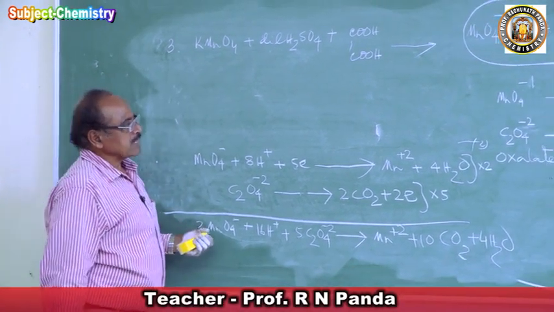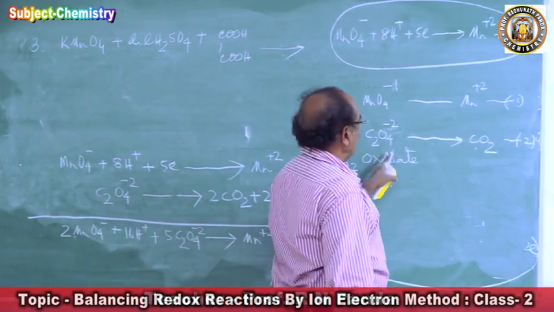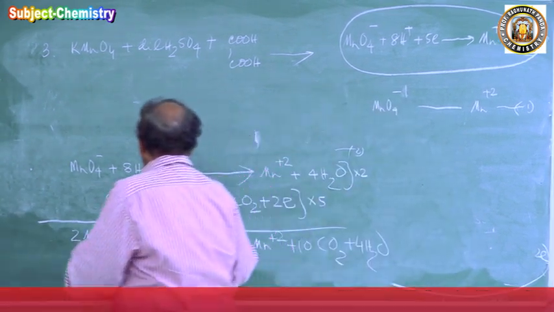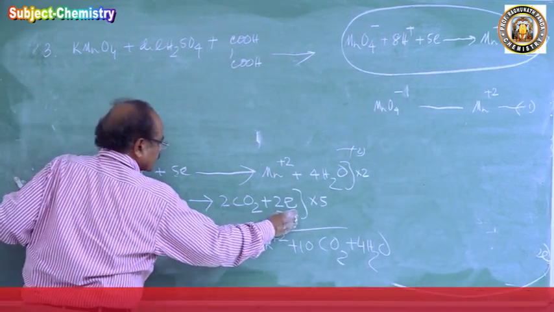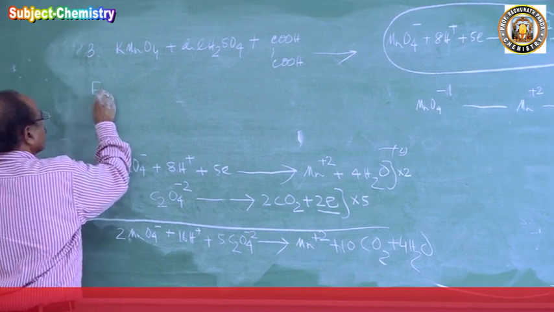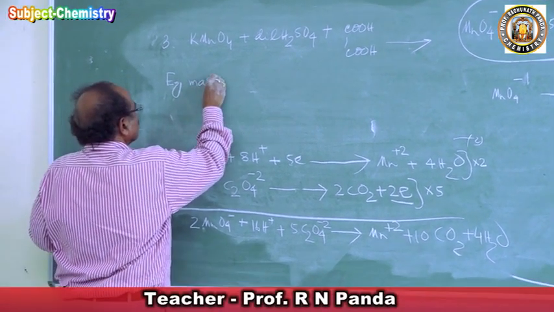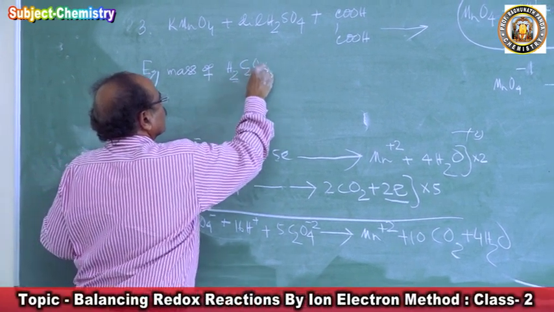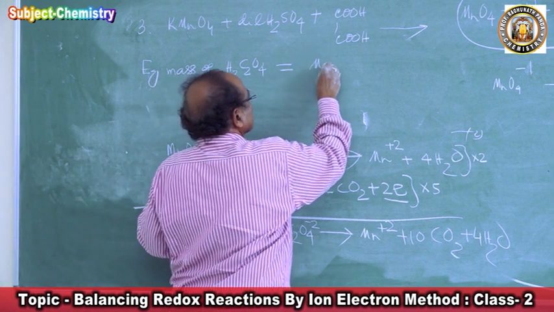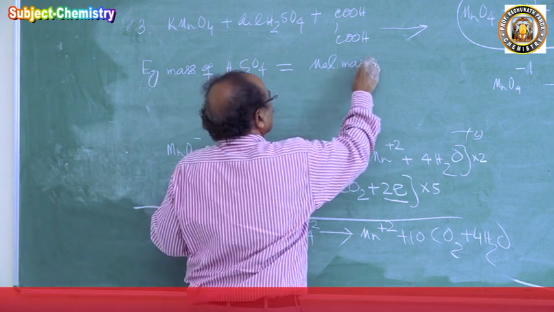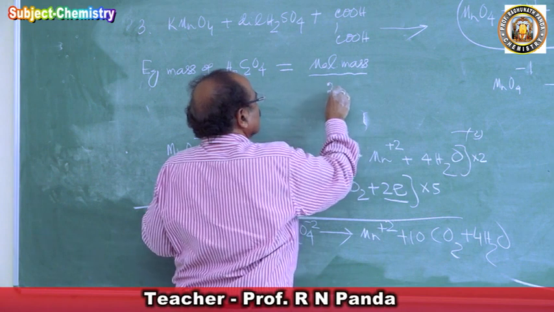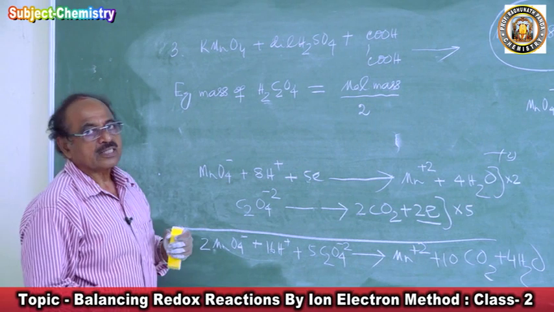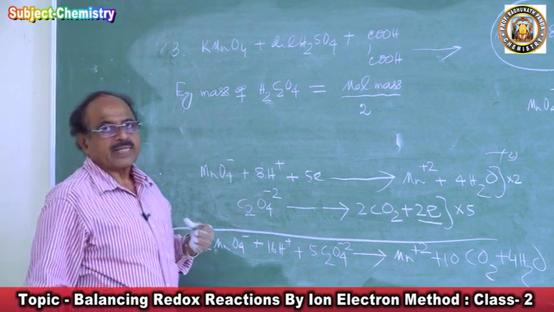So in the case of the equivalent mass of oxalic acid, how many electrons are involved in oxalic acid? 2 electrons. So the equivalent mass of oxalic acid, H2C2O4, is molecular mass by 2. So whenever you do a redox titration, when you are preparing a one normal